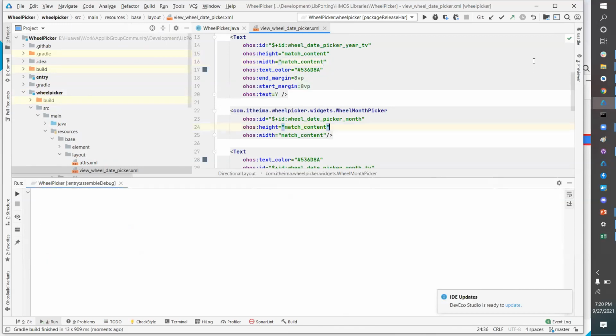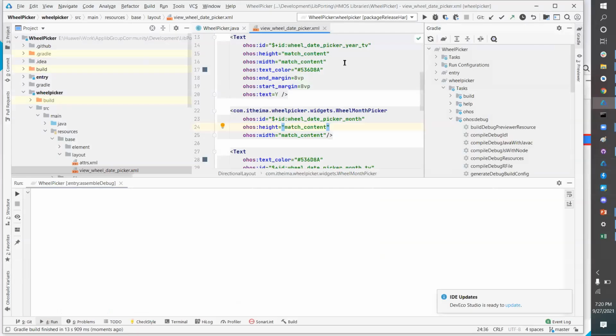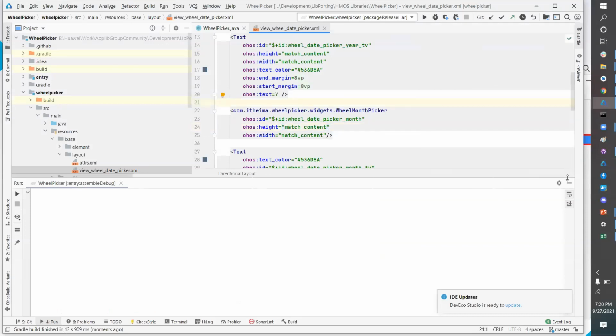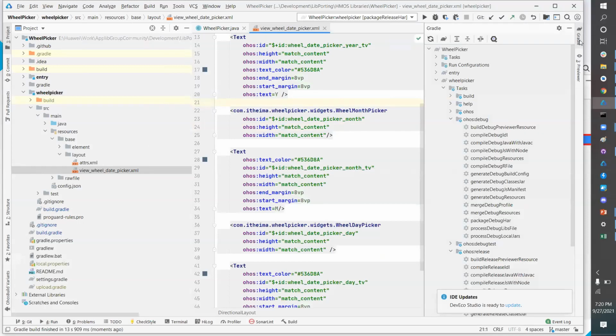Then how do you create the har file, the library file itself? There are different ways through which you can do this. The first process is via the Gradle tool. In your IDE, this is your left side project explorer, this is the middle section where your code opens, and in the right section, there's a small Gradle section.